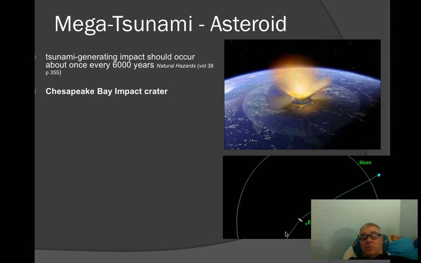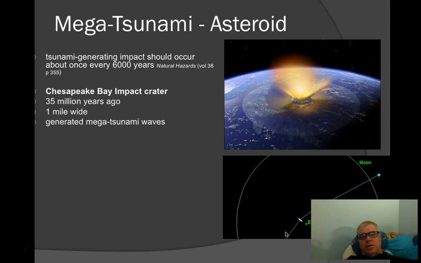And there are some areas where we know that big things have hit parts of the Earth that are either next to the ocean or right in the middle of it. Of course, when an asteroid hits directly in the middle of the ocean, it doesn't leave a whole lot of evidence when we're looking at it hundreds of thousands of years later. You might find places where you could tell that there was a large tsunami, because the shorelines get certain kinds of deposits, but you don't necessarily get impact craters. But there are some, like Chesapeake Bay, about 35 million years ago, where mega tsunami waves were generated.